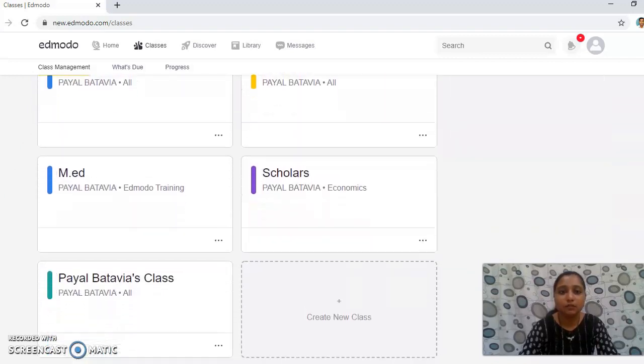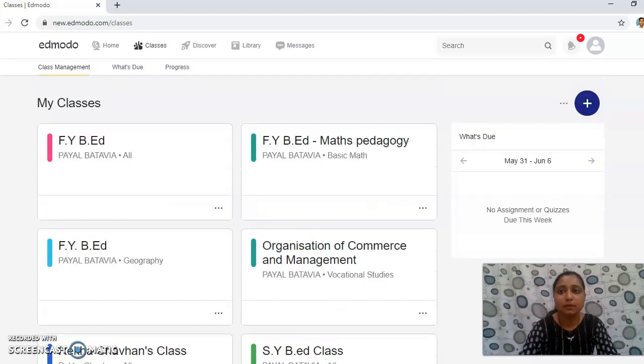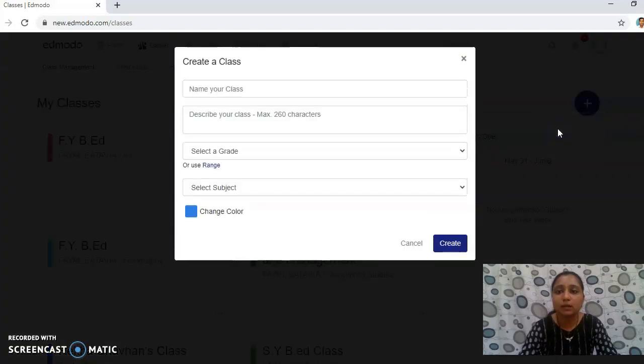Like this is my list of classes which I already have. And suppose you want to create your own classes for your students. So here there is an icon called plus. You have to click over there. And there is an option create class or join class. So since we want to create our own class, we will select create class.